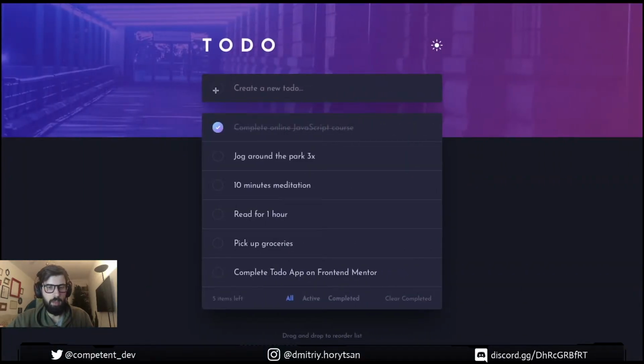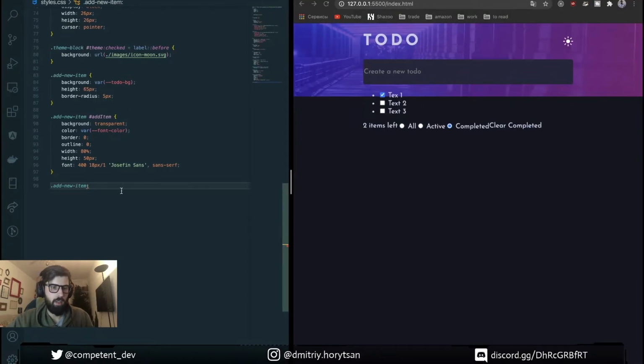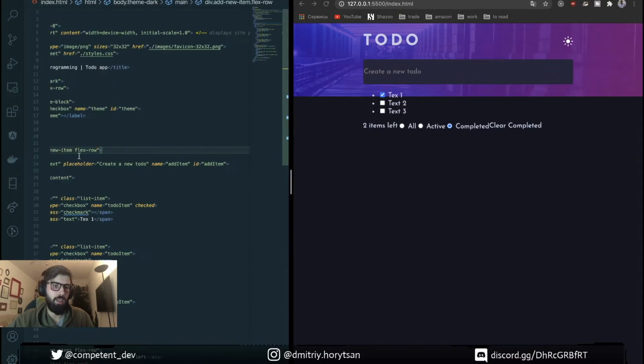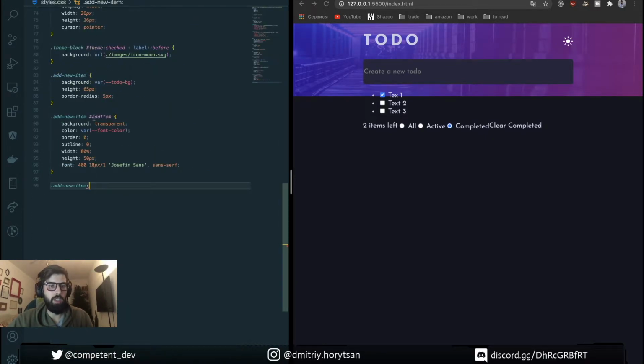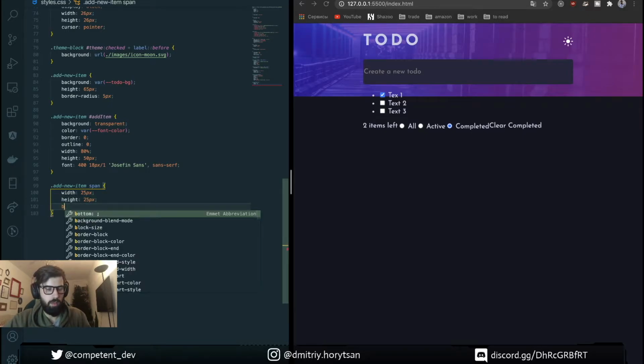It's not clickable anything, but actually we can add a click property on this span, and when we click, add new item too. So let's do this. Span width 25, height 25, border 1 pixel solid.